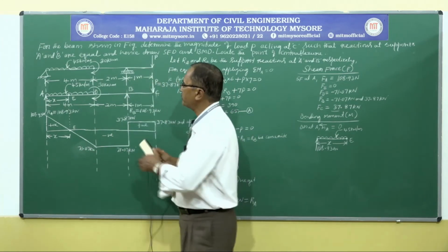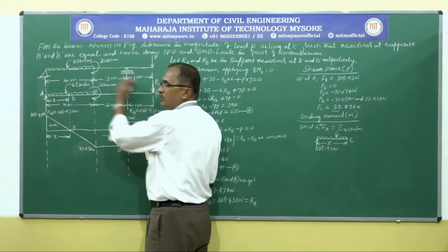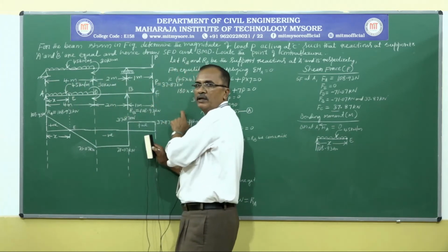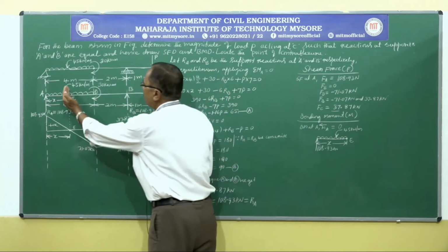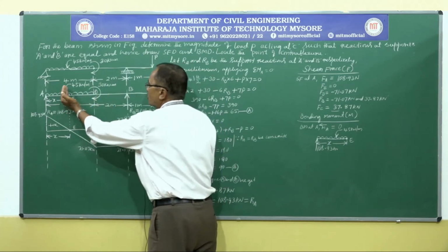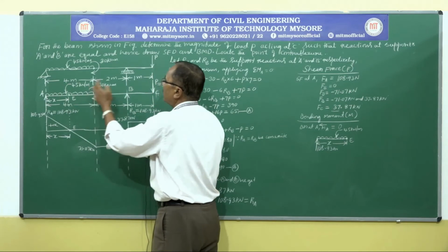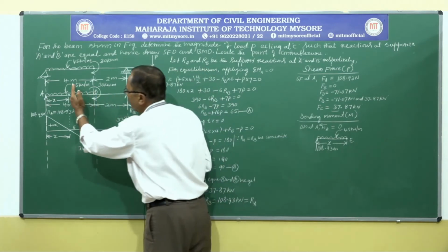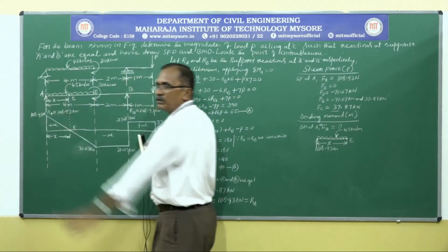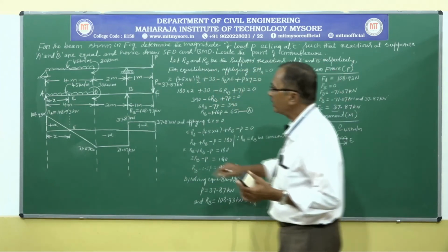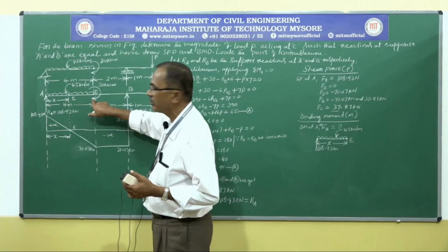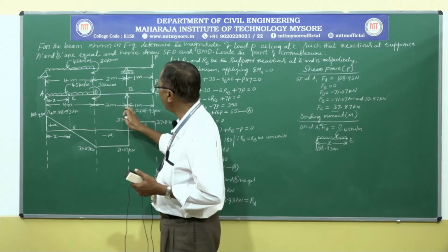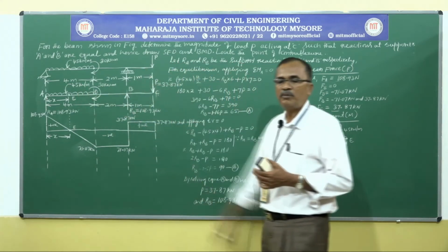We can also consider the portion of the beam to the right of E. Why we are not considering it at this juncture is for ease. If I consider all the loads to the right side of E, there is a UDL, another support reaction, and one more point load. If I consider the left-hand side, there are only two, this UDL and the point load, so it is easy. Even instead of marking x from here, you can mark x from the other end and consider the forces to the right-hand side: this UDL, this reaction, and this point load. So the value will be the same.